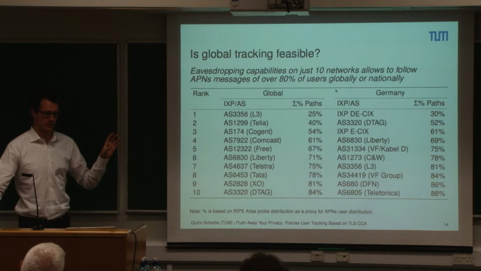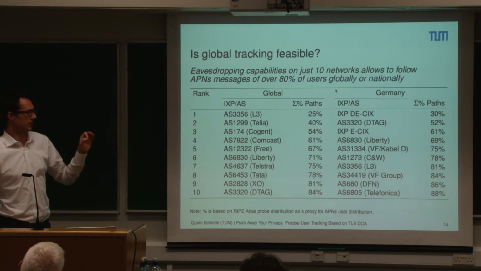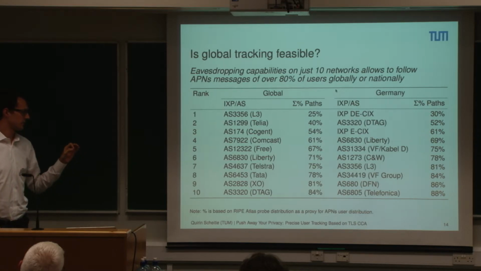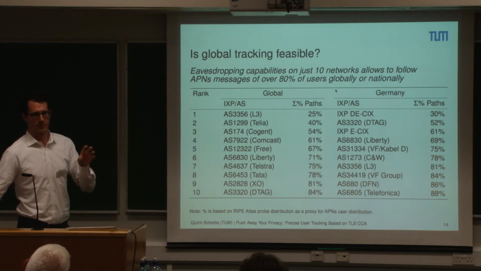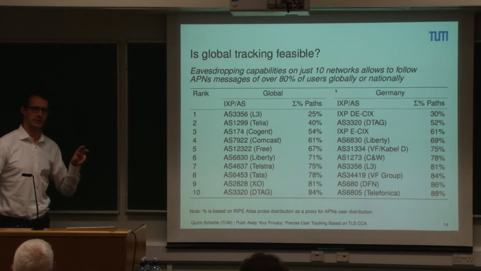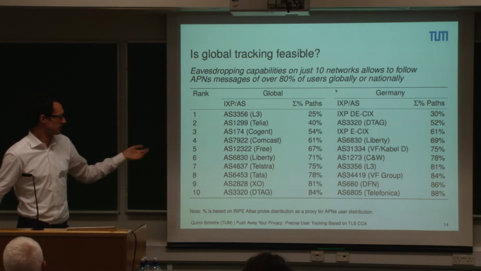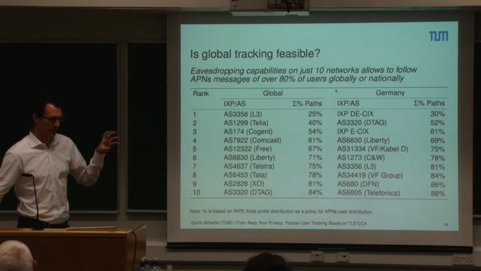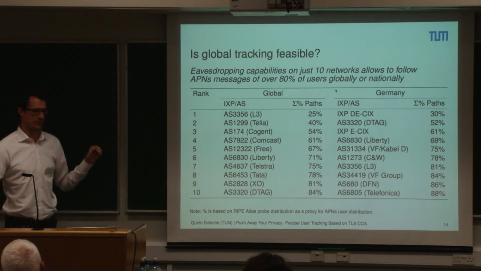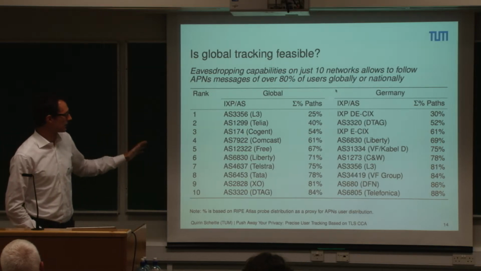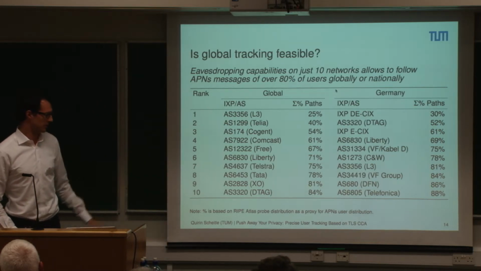So we counted basically each trace from a RIPE Atlas node as a user. Now, RIPE Atlas probes distribution. Let's say it's a first order approximation of where the users sit, but it's not precise. It has some biases, some ASs have way more probes than the user share. So this is one of the things where we might do a more proper version to get a good second order and more precise measurement of how the probes map to users. But I don't think it will change the answer that 10 big networks will be the majority of users that you could intercept.